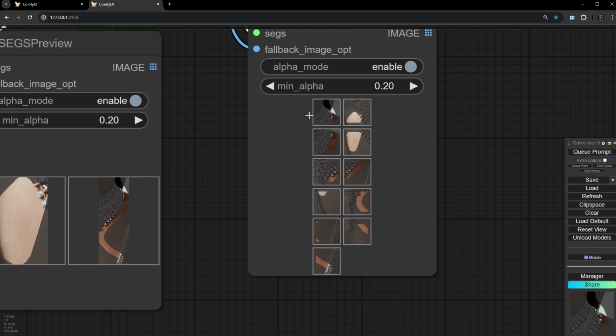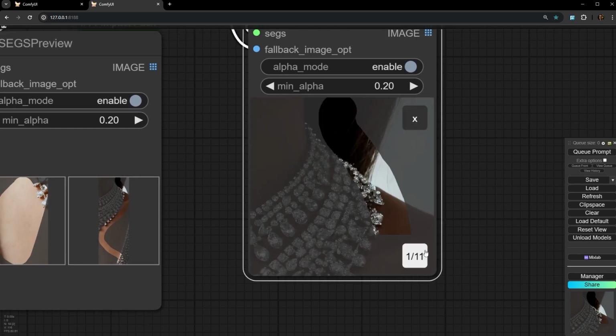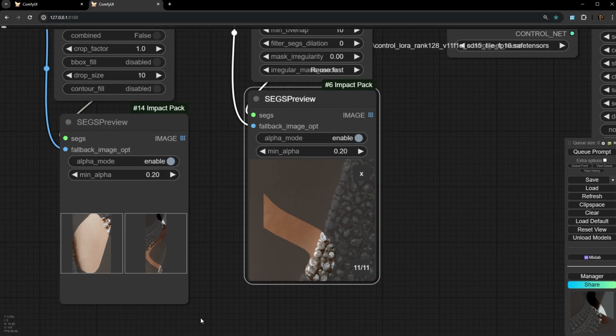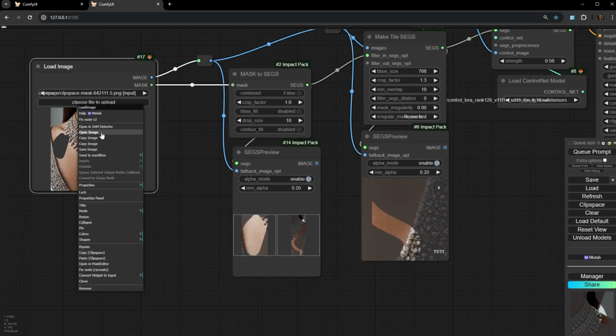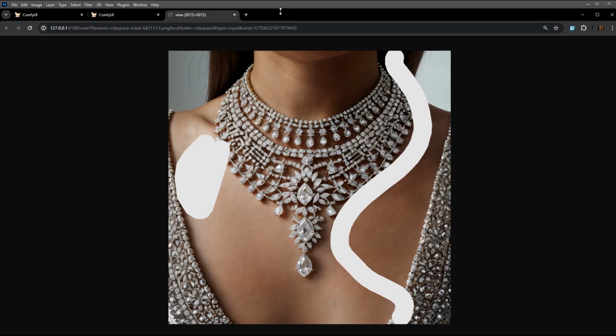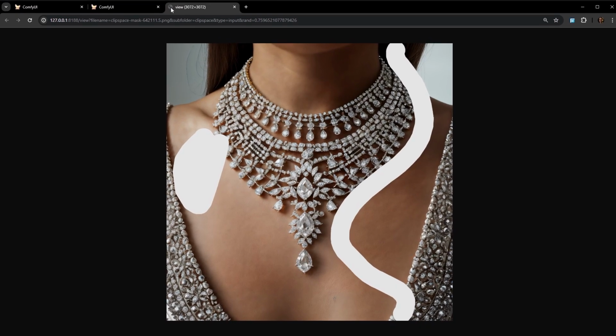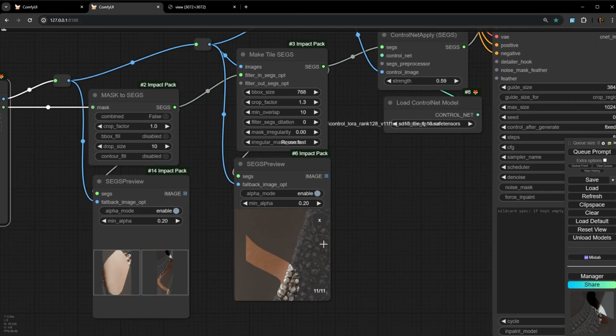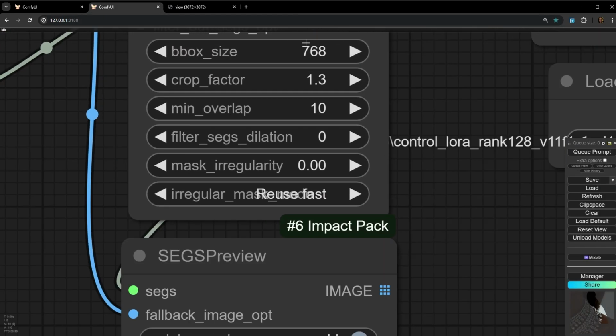So now you have 11 different segments. Okay, because the original image, let me open the image. The dimension of the original image was 3000 by 3000 pixels, and it's trying to make the segments up to,